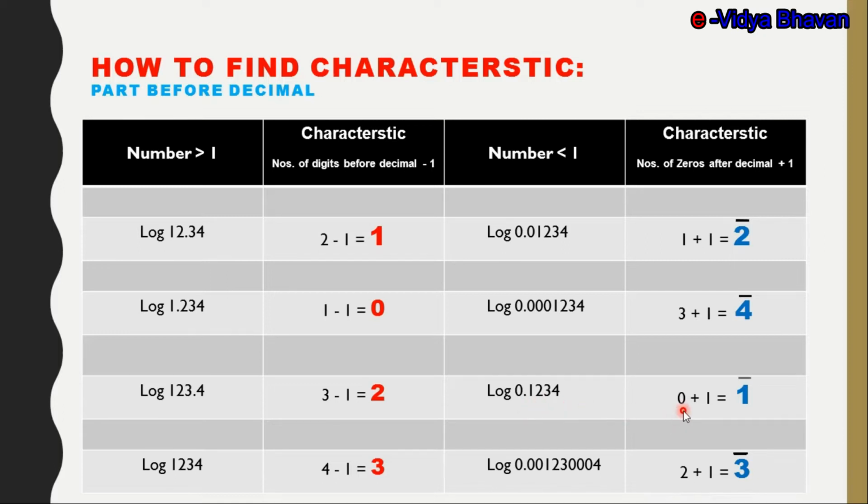So we'll take directly 0 plus 1, that is 1 bar. And in the fourth example we see after decimal we have 2 zeros, then we have 1 2 3, and again 3 more zeros. Now we want the 0 after decimal immediately, that is only these 2 zeros will be considered. We are not going to consider the remaining 3 zeros, that is these 2 zeros plus, as per rule, we are going to add 1, that is 3 bar. So these are the characteristic for the rule number 2, and these are the characteristic of rule number 1.